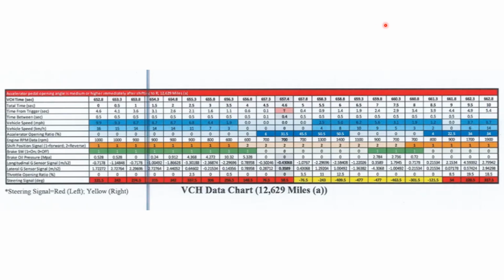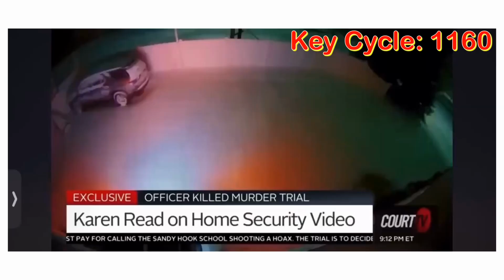It doesn't make a lot of sense, and we didn't have anybody to really break it down and explain it to us, so we don't really understand this full data. But do we need to understand this data for this key cycle if it's not the correct key cycle? So we're going to start with key cycle 1160, and we're going to work our way towards when testing happened.